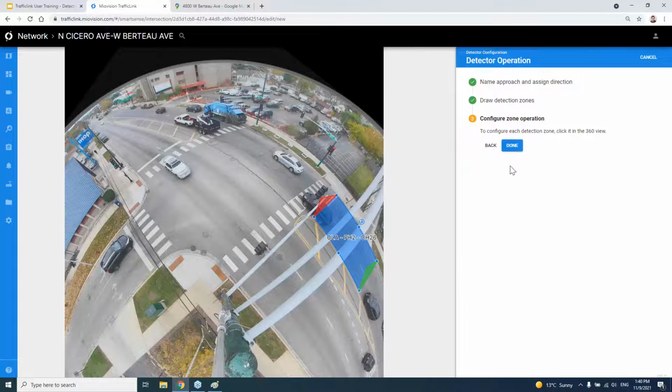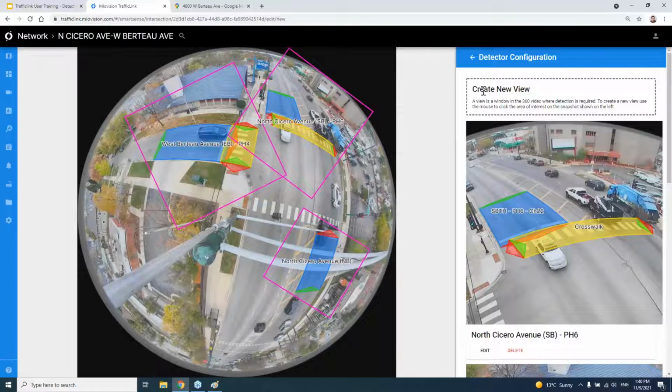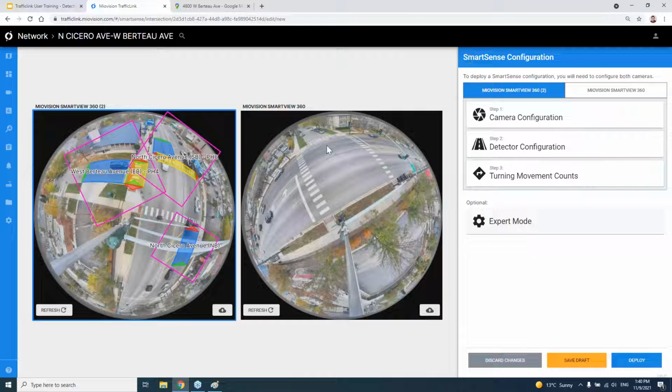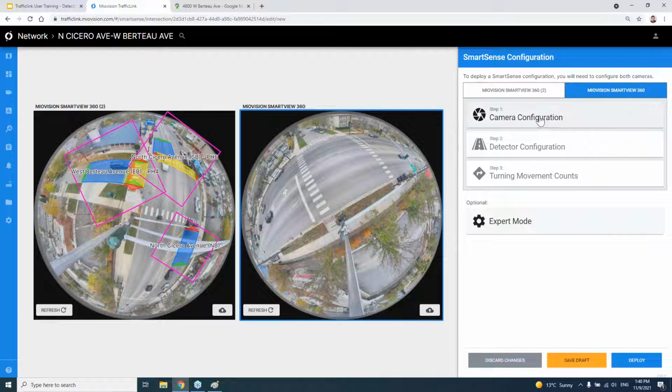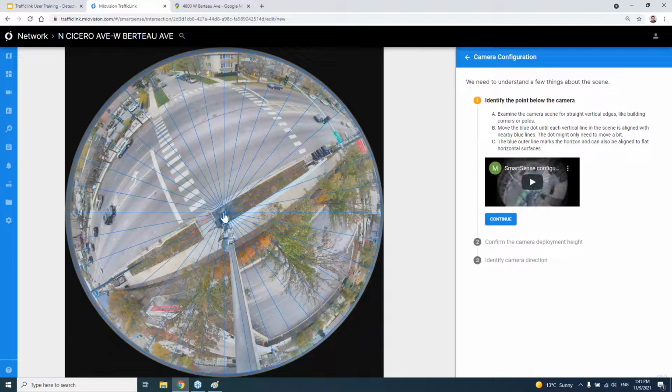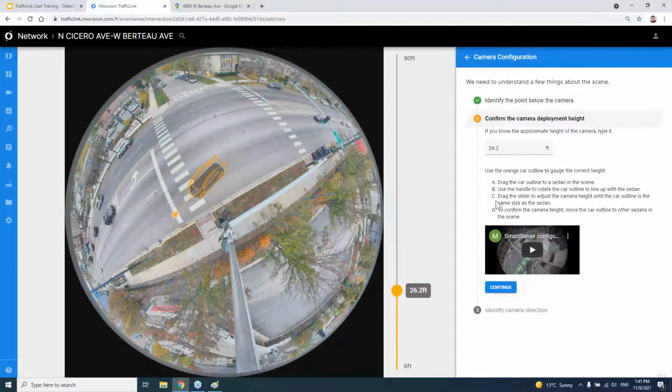All right, let me just finish up this one. So we got our first intersection, first camera here done. So let me go back to the second view. Now we can toggle over here to the right, go to our second camera, and go through the same steps. I'll do this one a little bit faster because you hopefully get the point to some degree. Place the camera,